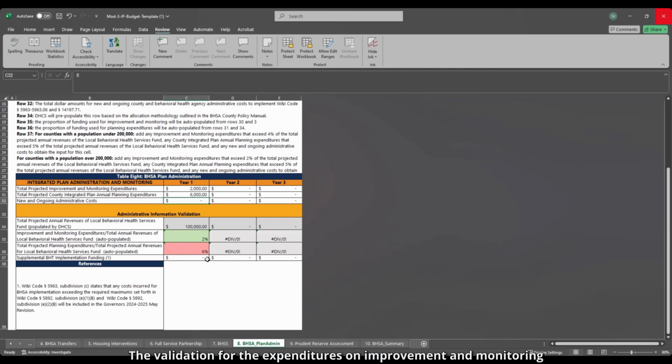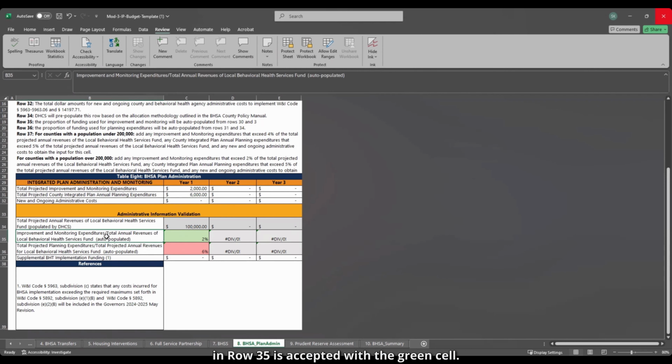The validation for the expenditures on improvement and monitoring in row 35 is accepted with the green cell. Our input of $2,000 expenditures out of the total revenue of $100,000 was within the 2% cap. However, our validation for the planning expenditures in row 36 was not accepted and populated the red cell. This is because our input of $6,000 of planning expenditures out of the total revenue of $100,000 for year 1 exceeded the 5% cap on planning expenditures. Again, similar to the previous sheets, please keep in mind the statutory requirements for how your funds are allocated and